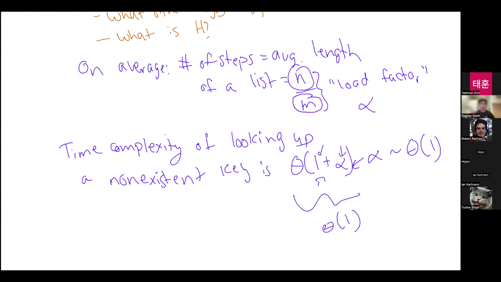You can use the same argument to show that inserting something is constant time, because the traversal you do when you insert is the same as the traversal for when the key wasn't there: you find that bucket and go through the entire list to insert it at the end. And if the key is there, it's going to take fewer steps because you stop halfway through the list, so it's constant time anyway.